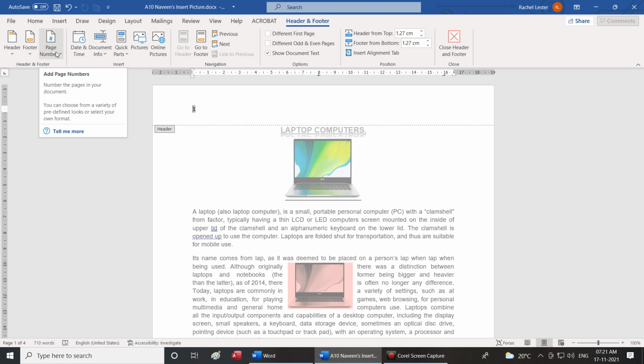Next para. You can choose from a variety of predefined looks.